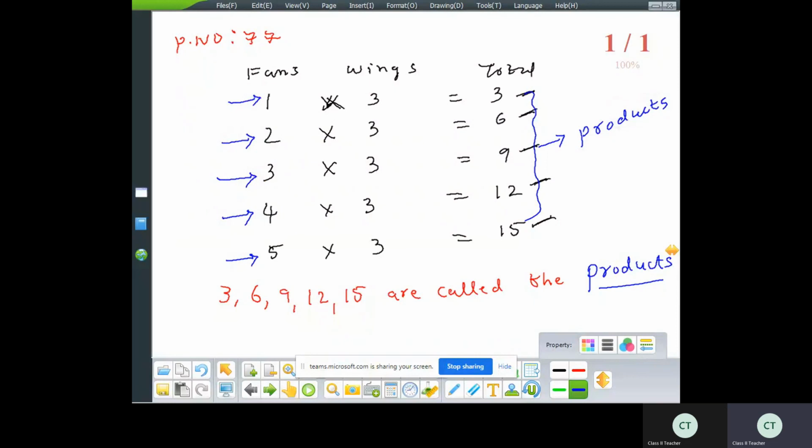Dear students, please learn tables from 2 to 9 before this chapter. Beginning of this chapter, please read and learn these tables. Without these tables, we can't do any multiplication in this chapter. And I gave homework also before day, that is yesterday. Write the tables from 2 to 9 3 times, and along with these tables, you read definitions. Beginning of this lesson, what I wrote definition on our digital board. Please read definition.